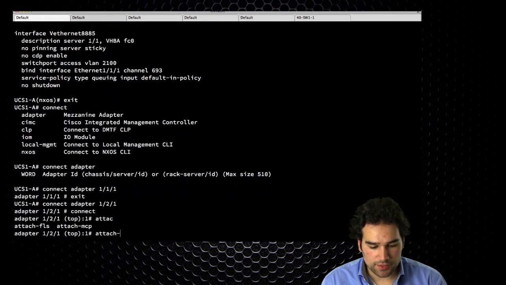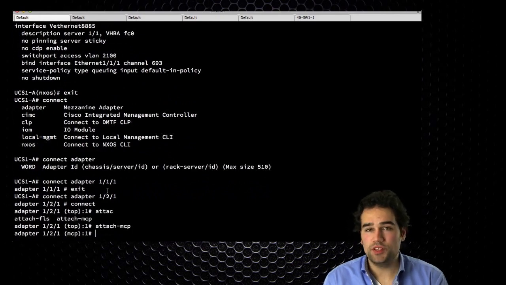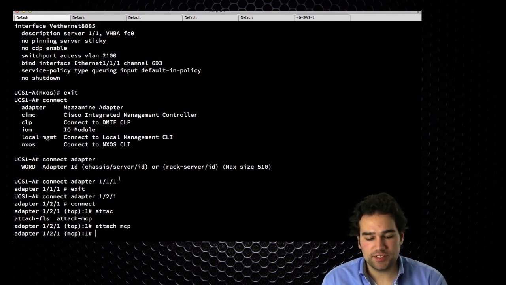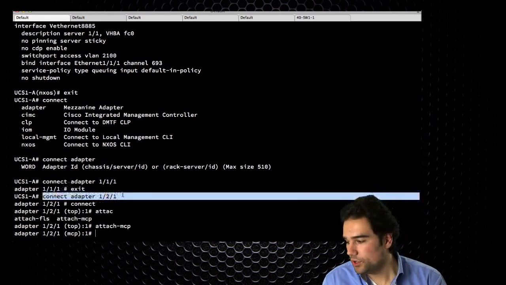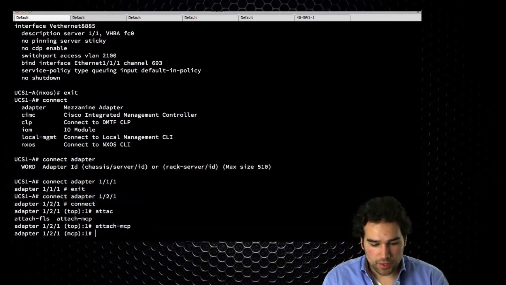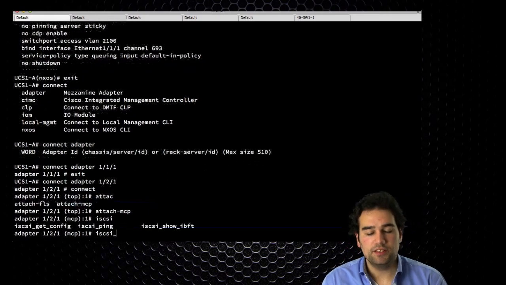And then I type connect, attach MCP. So you have to know these commands. If you look up the white paper for iSCSI boot in UCS, it's going to show you these commands. Connect to the Palo card, type connect, type attach MCP, and what I can do now is some iSCSI